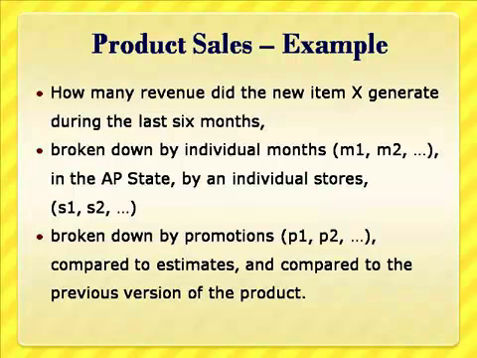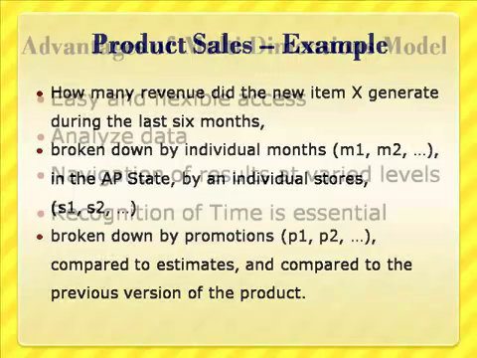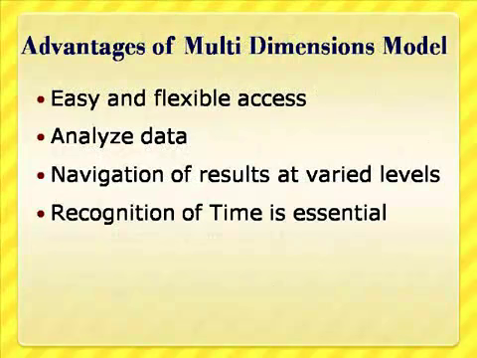The basic advantage of using this model is to provide easy and flexible access to information. Decision makers have the ability to analyze the data along any number of dimensions at any level of aggregation, with the capability of viewing the results in a varied number of ways. Also, they must have the ability to navigate the results from one level of summarization to the next level of summarization and vice versa. Such power does not exist in one-dimensional queries. Therefore, without a solid system with this kind of facility, the purpose of using the data warehouse is incomplete. That is the reason why multidimensional analysis is very widely used.